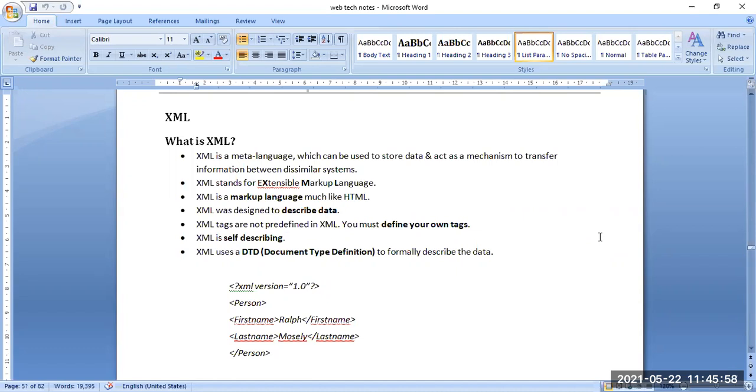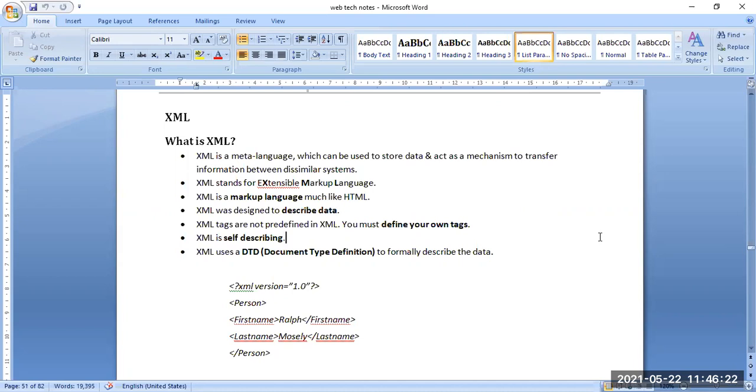So what is XML? It is a set of rules in a particular format for encoding documents, readable by both human and machine. It can also store data and acts as a mechanism to transfer information between dissimilar systems.